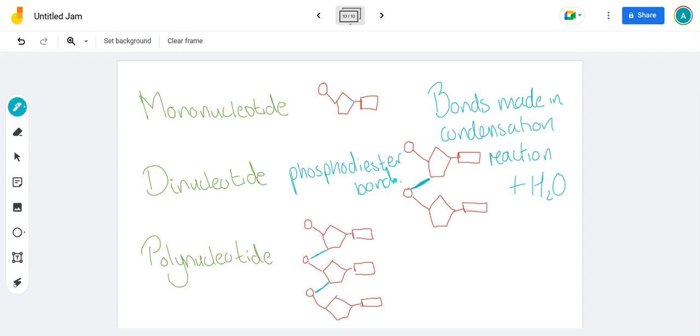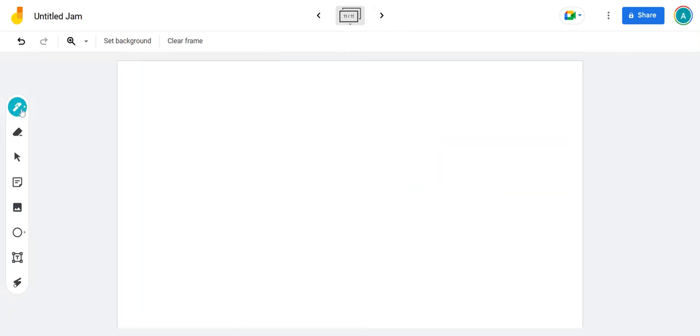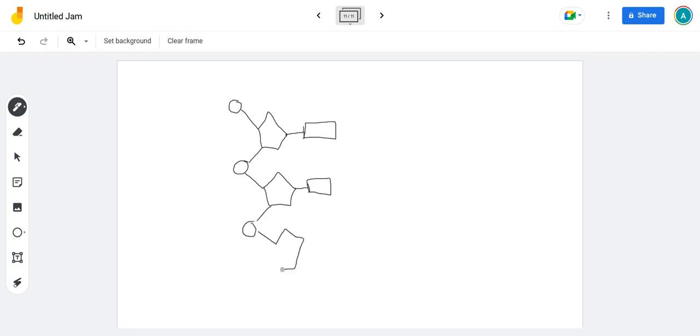So all those blue bonds here and then here are phosphodiester bonds. Then, if we've got lots of these polynucleotides, we can start to build up the structure of a DNA molecule. So, a DNA molecule is double-stranded. So, we've got a nucleotide here, joined by a phosphodiester bond to another nucleotide, and a phosphodiester bond to another